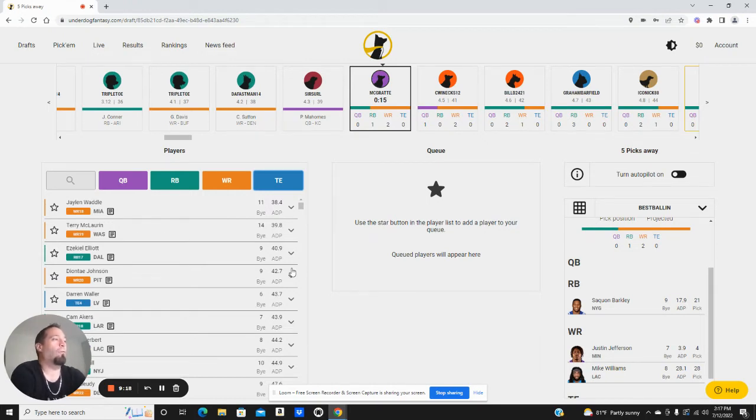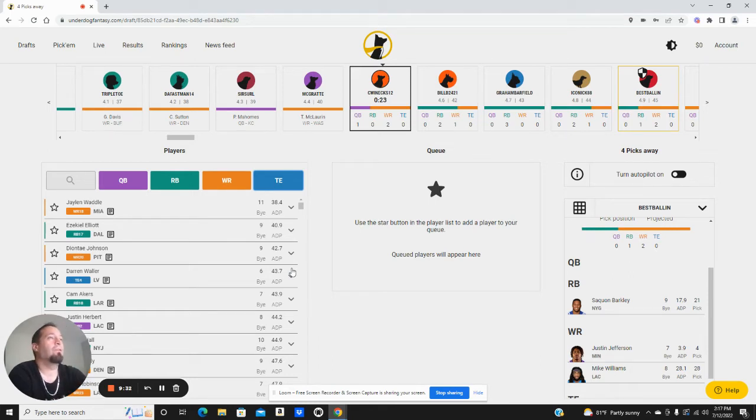So if the one hero RB in a hero RB build smashes its ceiling, it's very hard for a zero RB build to beat a hero RB build that has their hero obviously healthy and smashing. And the fact that this counter strategy is now so popular, I think, is going to hurt zero RB, especially in the playoff weeks where they had their biggest advantage. It's kind of taking away some of that huge advantage that they had.